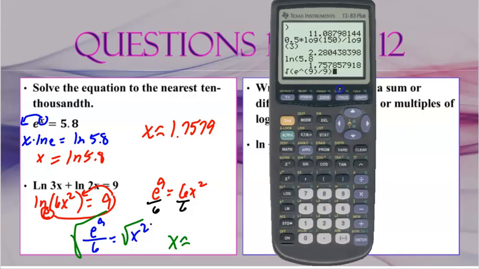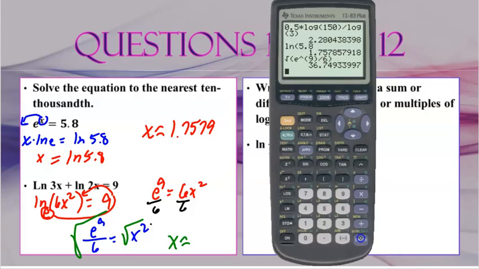The reason I'm putting the other end parentheses is because I'm finding the square root of e to the 9th divided by 6. Then after that end parentheses, we hit enter, and it gives us